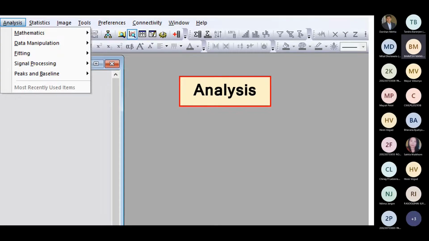Here mathematics, data manipulation, fitting of data, signal processing, peaks and baseline. This analysis can also be done using this software. So many types of analysis can be done by this software, and the result of the analysis can be used for plotting in the same software.